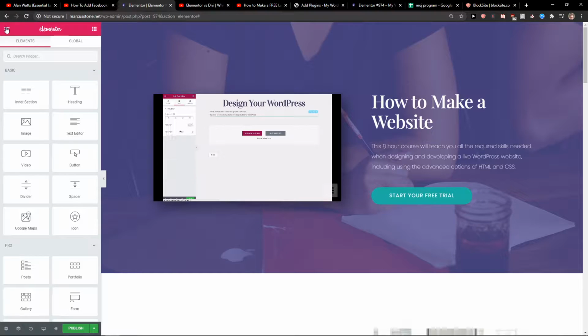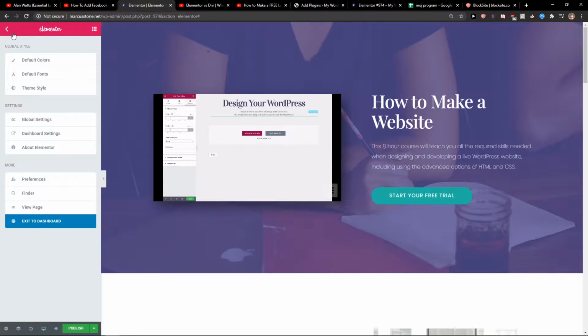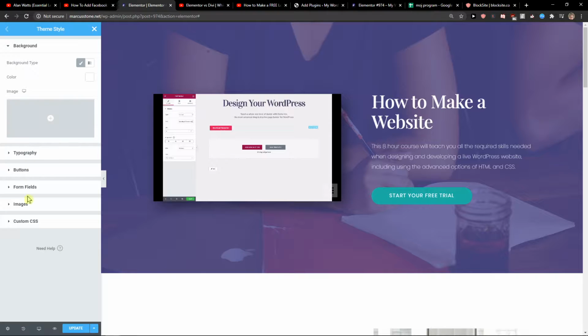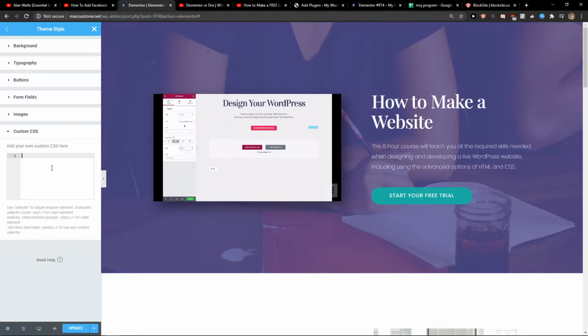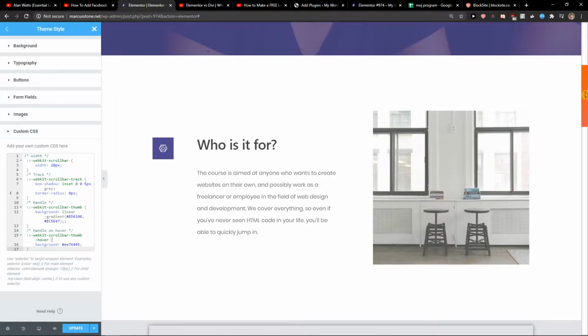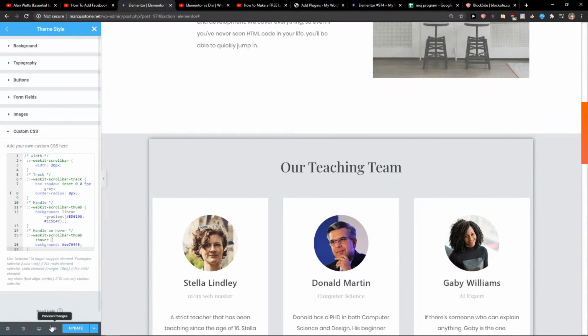So what you want to do is just click here on this menu button in the left upper corner. Now go to Theme Style and then go to Custom CSS and paste the code. It will be in the description. And voila, here you go. When I'm going to preview the changes,